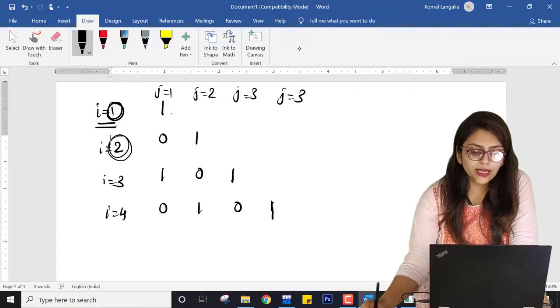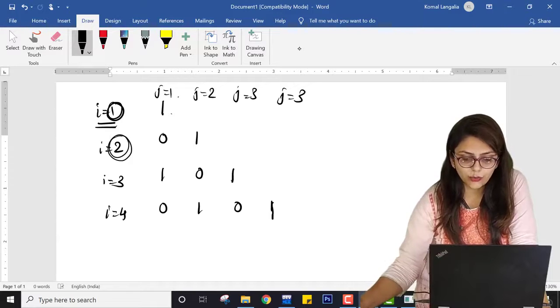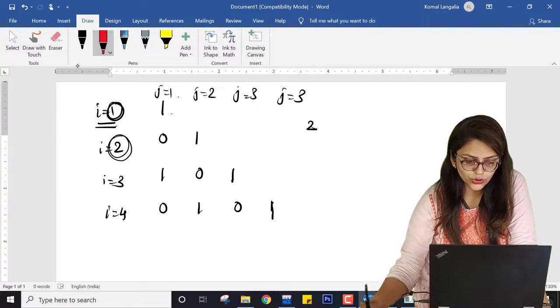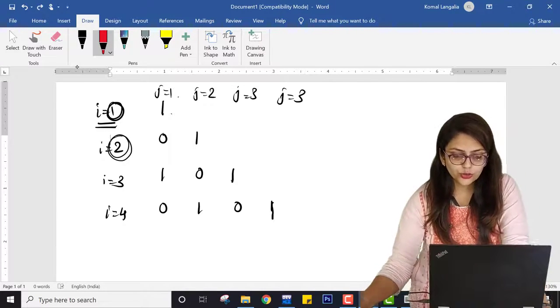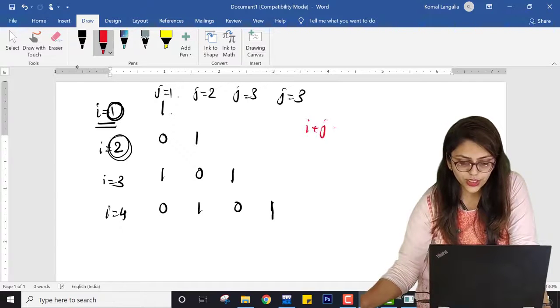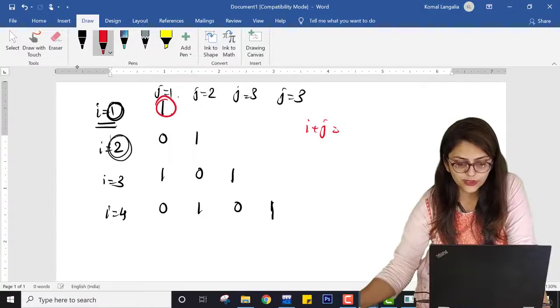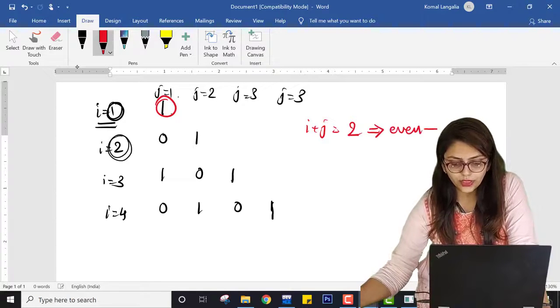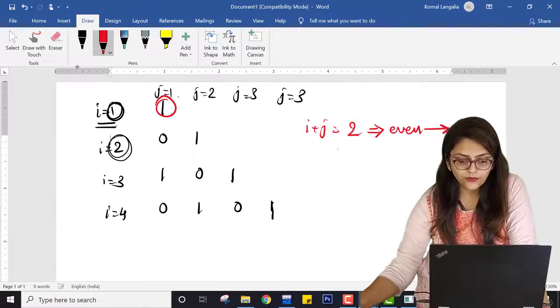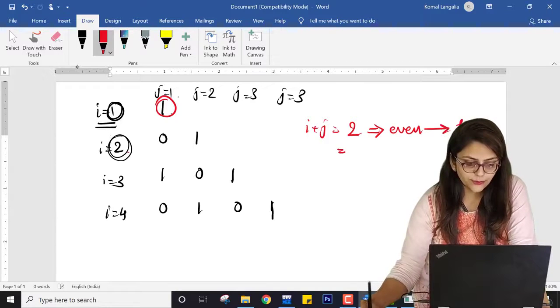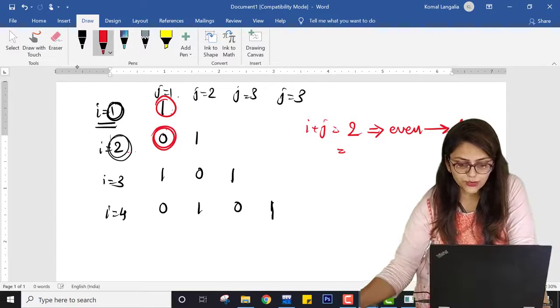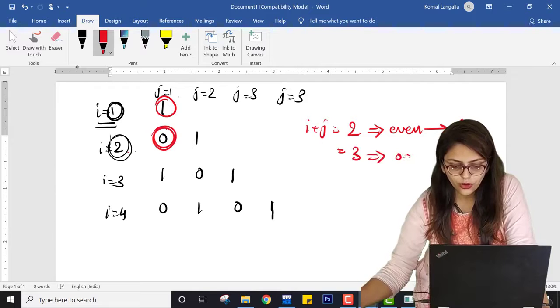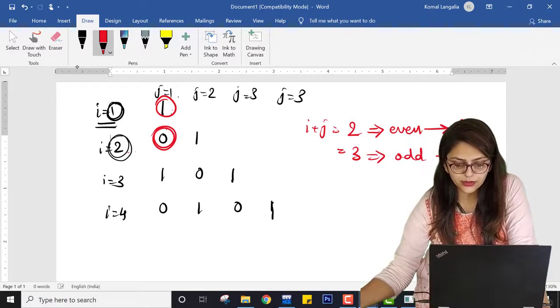So if i plus j, that is 1 plus 1, is 2. This is even, so for an even number I am printing 1. For this, you can see i plus j is 3, an odd number, so I am printing 0.